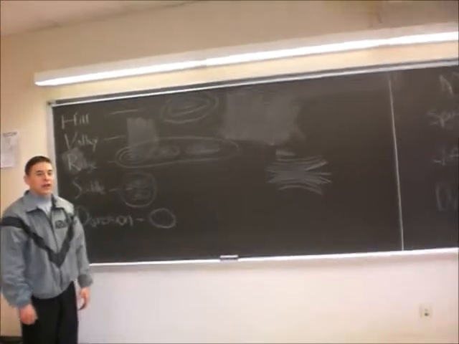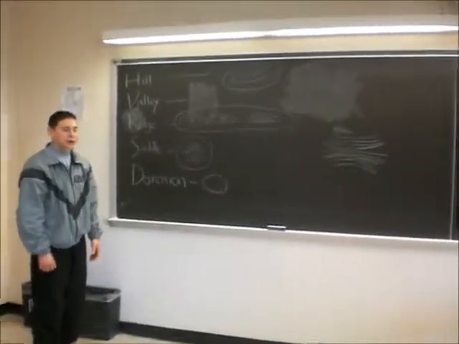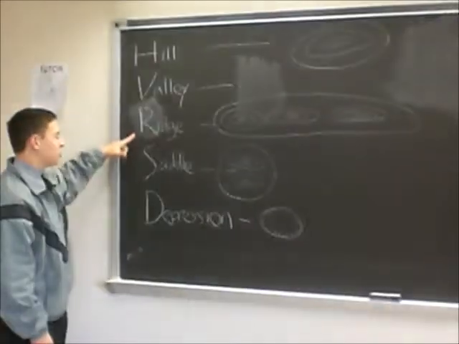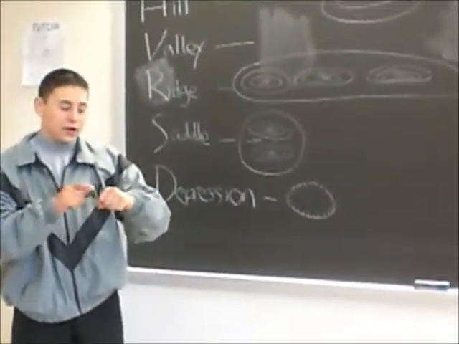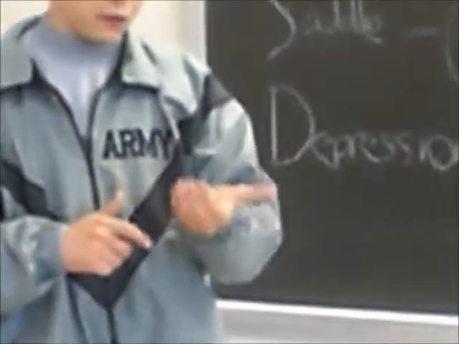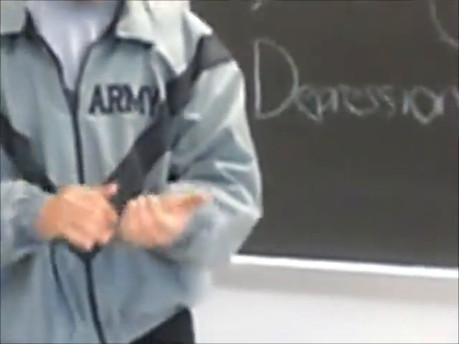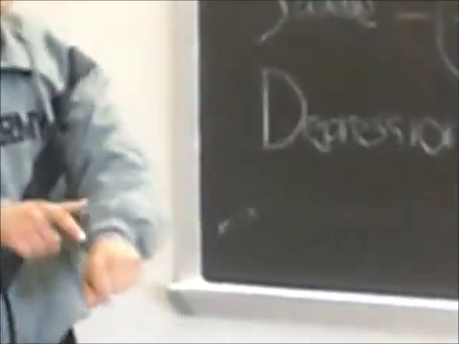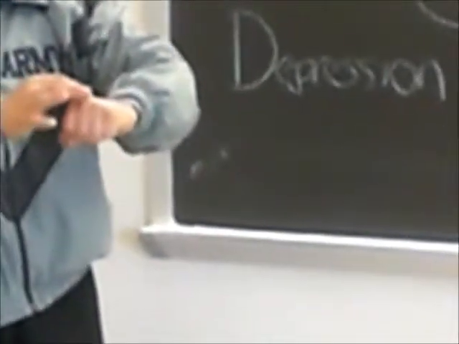Okay, this is our class on land navigation, and we have our 5 major terrain features, which you can remember with hidden, valley, range, salad dressing. So hill, valley, ridge, saddle, depression, and you could also remember that by looking at your fist. Your knuckles would be the hills, the valley would be your cupped hand, and you could also use that for depression. And for ridge, that's a series of hilltops, so that's your knuckles, and then saddle would be 2